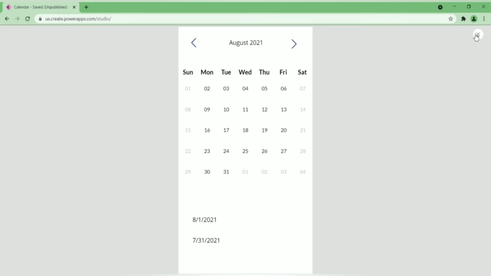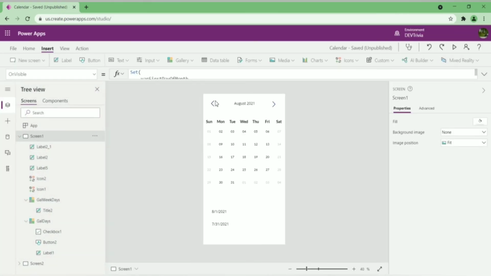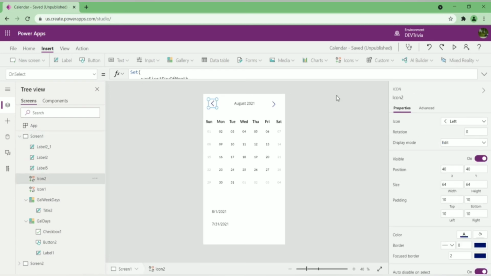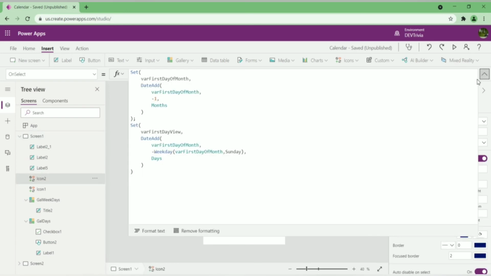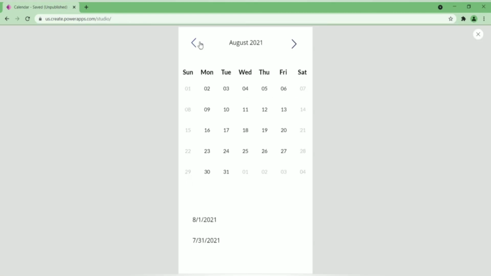As we have configured getting the next month's calendar view, now we need to configure a way for the user to browse to the previous month's view. For this, we just need to minus the month by 1. We will use the same formula that we have used for the next month's view icon. We will only add the minus before 1, which will give us the previous month's view. I'll show it again by clicking on the left arrow icon. We can get the previous month's view.